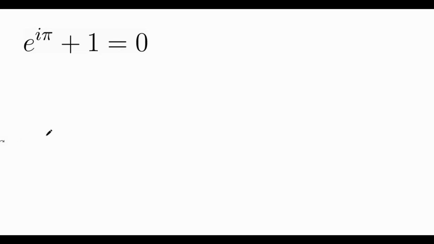Hi guys, Daniel here, and today we're going to prove Euler's identity, which some people argue is the most beautiful identity in mathematics, because it combines a bunch of random mathematical constants, e, i, pi, 1, and 0, into an equation. In order to prove this identity, first I will consider a seemingly completely